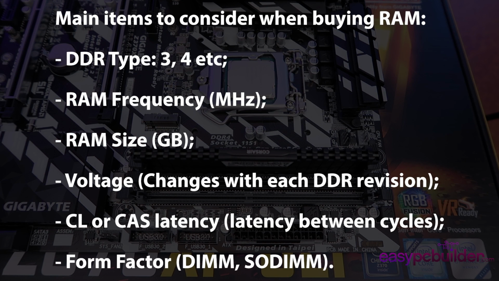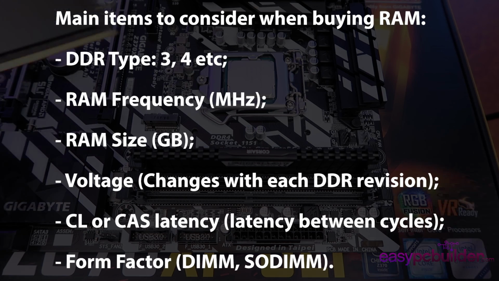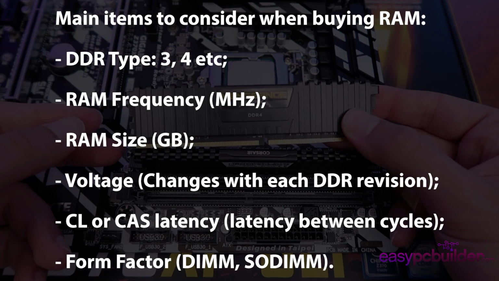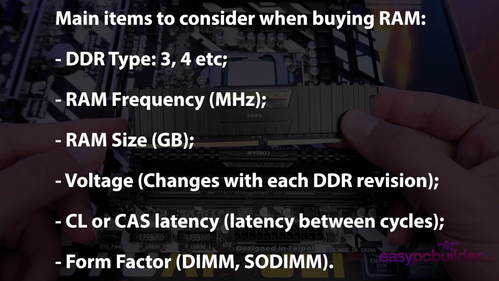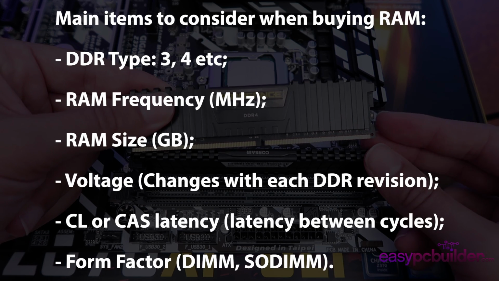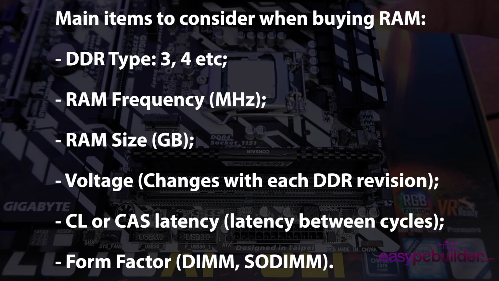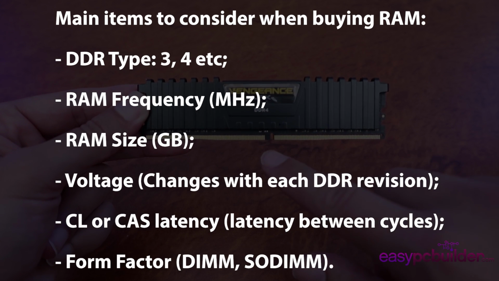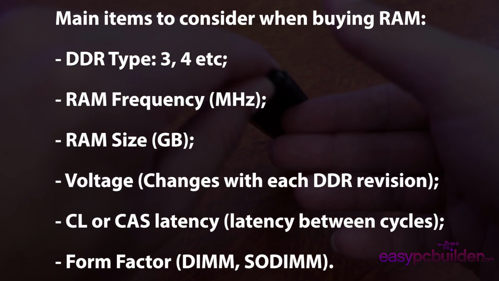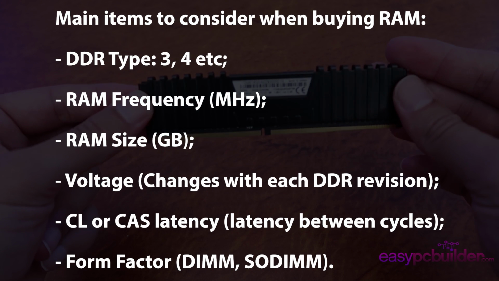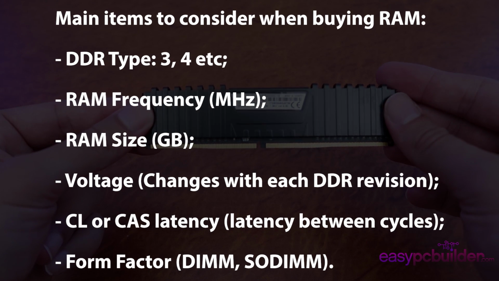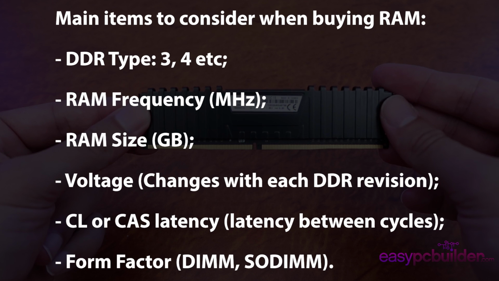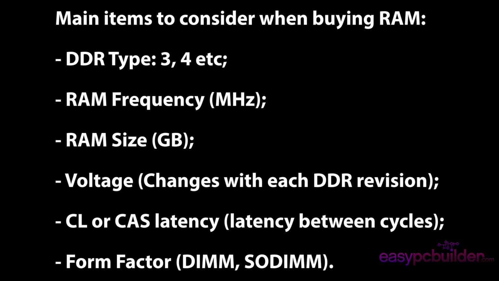The CL or the CAS latency, which provides the latency or time between subsequent RAM cycles, and the form factor. So your desktop will be a DIMM or a dual inline memory module, and the laptop is known as a SODIMM or a small outline dual inline memory module. Make sure you don't purchase DDR4 laptop RAM for your desktop PC, as the small outline is much smaller and